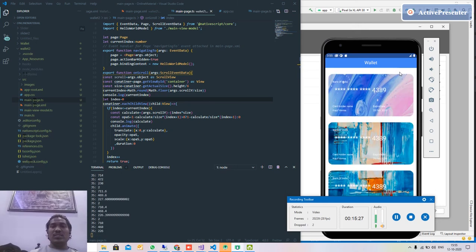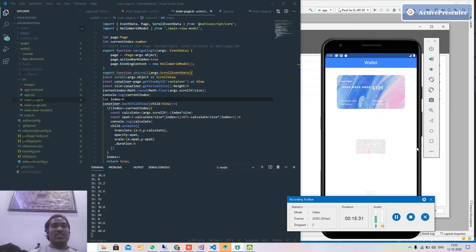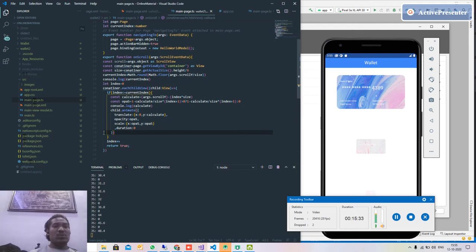Right now it works like this, but if we quickly scroll, some of the values are lost, means some of the values don't even come there. So if we do like this, else if. Why I'm using else if, I will explain within a second. We know that in our view we are having only two views.